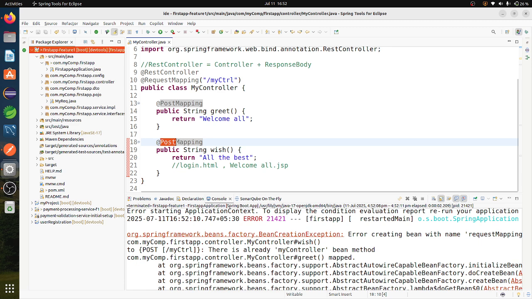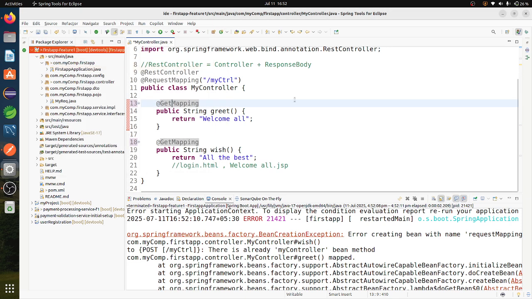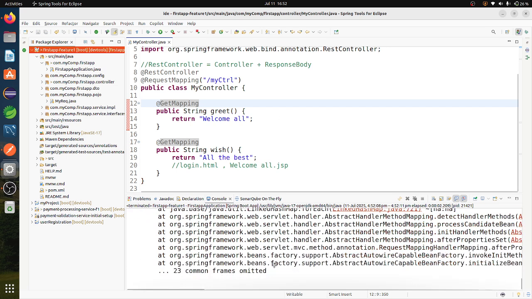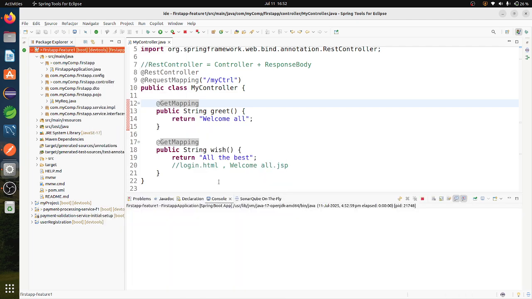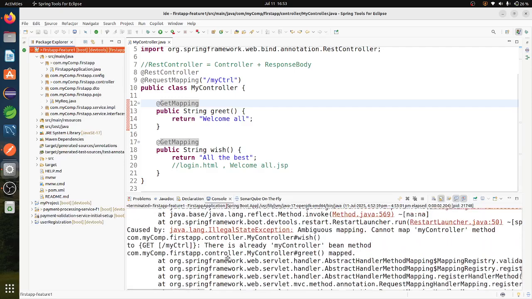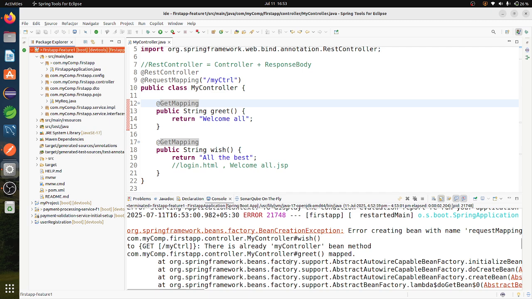If I change it to get here and get here also, save this one, and run it again, it gives the same error.